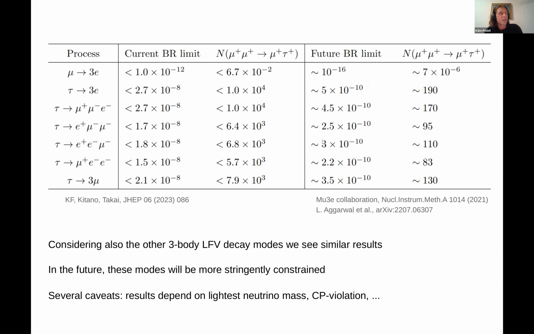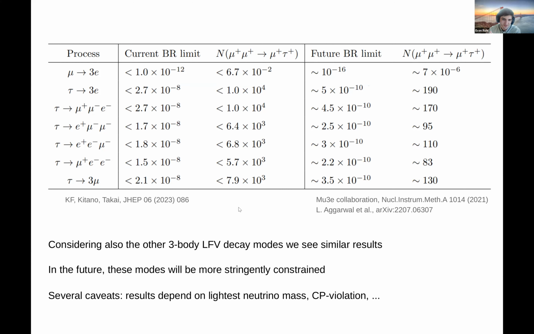Right, so it's model independent in the sense that we have EFT operators where we don't assume which new physics is generating them, but it's model dependent in the way that we assume that these operators lead to the neutrino mass. In that way, you don't know the value of the couplings, but you know the relationship between the different couplings because of the constraints on the PMNS matrix. So what we assumed in here were the central values of all the PMNS angles and so on, and a massless lightest neutrino also.